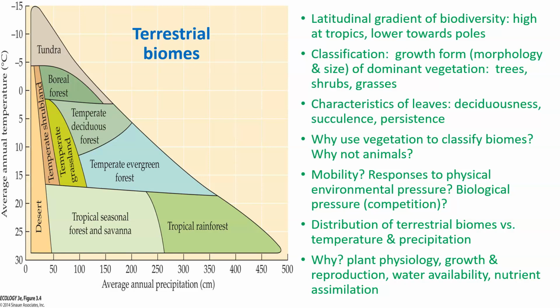Plants' growth and reproduction are dependent on water availability, and the plant's ability to collect and gather nutrients. So all of those are influenced by either temperature or precipitation. Precipitation increases the water availability for growth, for physiology, for nutrient absorption, for transpiration, to redistribute photosynthetic goods. Water is required for photosynthesis, and temperature is required for any biochemical function, for any enzymatic reaction. So that is why temperature and precipitation seem to be the critical drivers of global biome